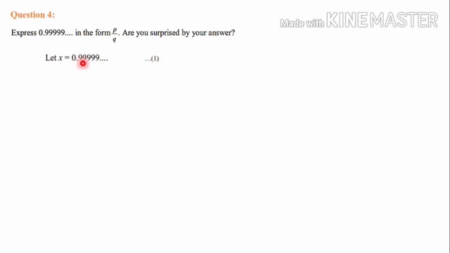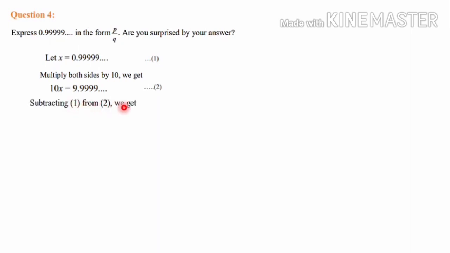Here when you check, there is only one digit which is repeating, that is 9. So we have to multiply 10 on both sides. 10 into x we will get as 10x, and 0.999 into 10 means we have to move the decimal point forward, the decimal point will come after one digit. After 9 the decimal point will come, that is 9.9999 etc. Label it as equation number 2. So as before, we have to subtract 1 from 2.